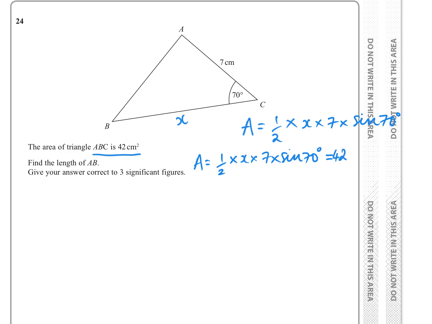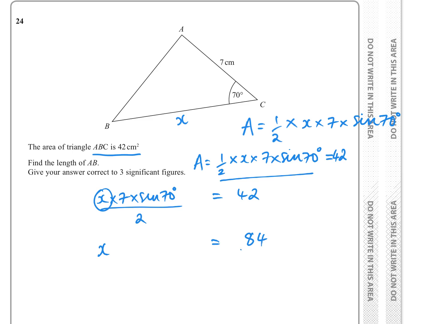So we know that that's equal to 42 centimetre squares. So if we look at this left hand side here, we have x times 7 times sine 70 all over 2, and on the right hand side we just have 42. So we can find x on its own. So x is going to be, well, if we double both sides, that's going to be 84, and if we divide both sides by 7 sine 70,